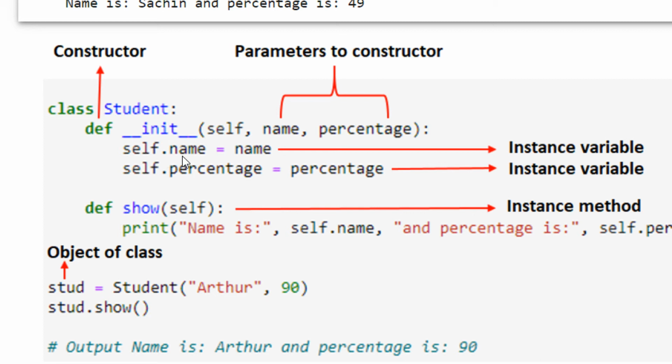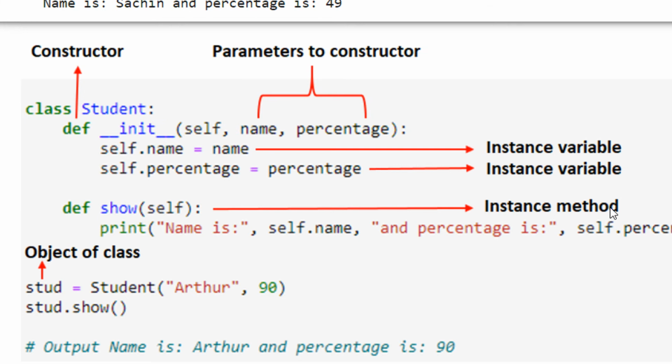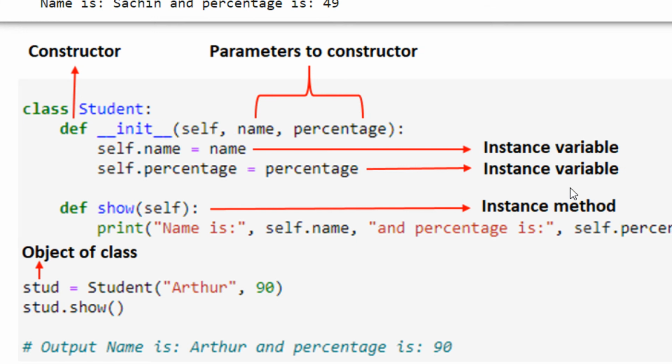So we have self.name is equal to name. This is known as an instance variable. Why variable? Because when I create a new object, this particular thing will change. But self.name and self.percentage are the variables belonging to the class. These remain the same, but their values keep on changing. Now you can see show is a function. This is known as an instance method or instance function, right?